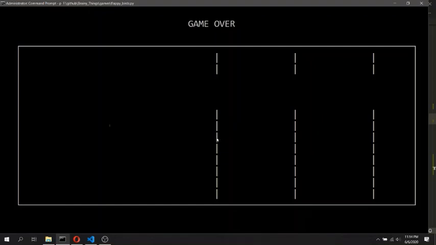Is it the pipe or the game arena? So even after the game over condition, we need to display the Flappy Bird character where he died. So let's see.